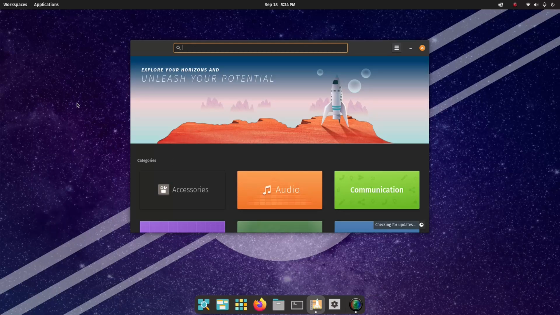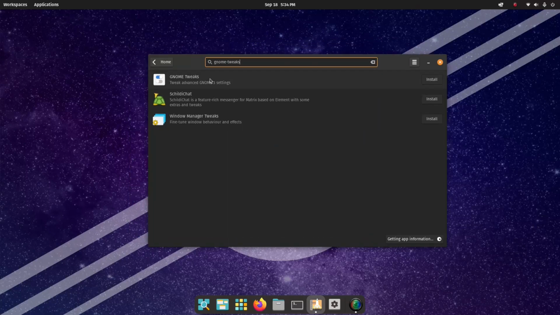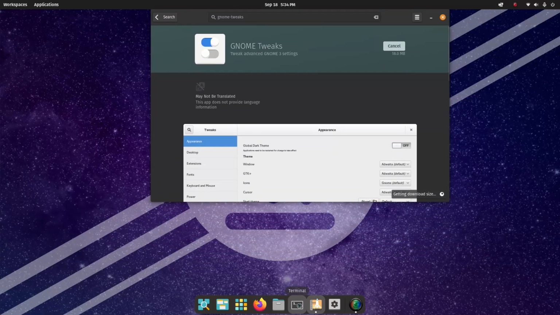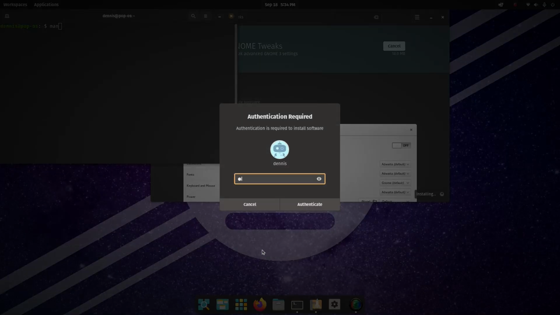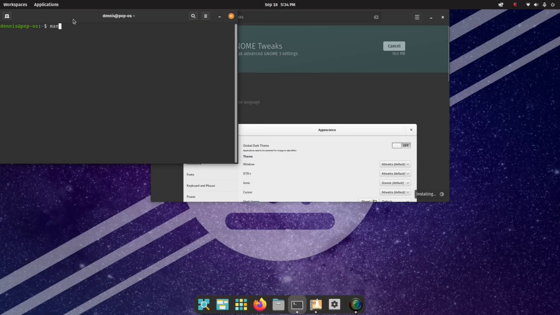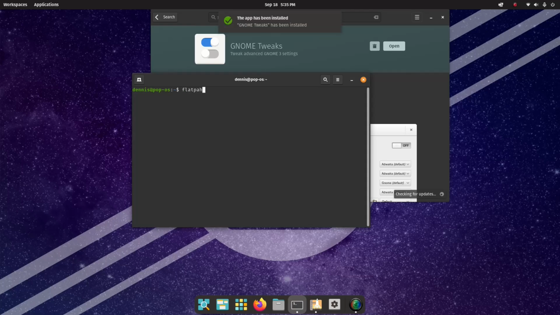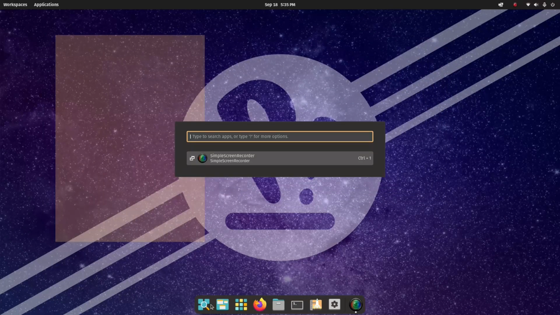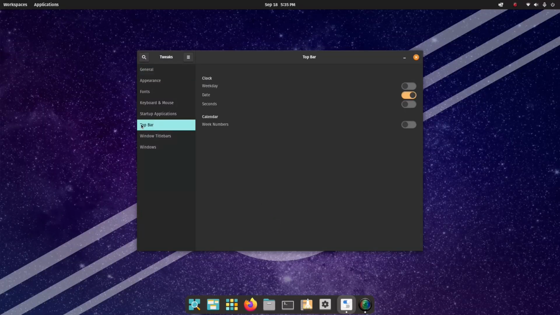We'll go ahead and search. Uh-oh. There we go. GNOME Tweaks. Let's install that. While that's installing, let's just verify that Flatpaks is in. Sure took control of that screen. Yeah, installed, but nothing to do, no updates. GNOME Tweaks. Hope I could have just opened it. Let's use this. And just that easy, I was able to install